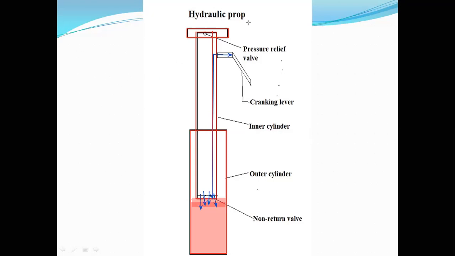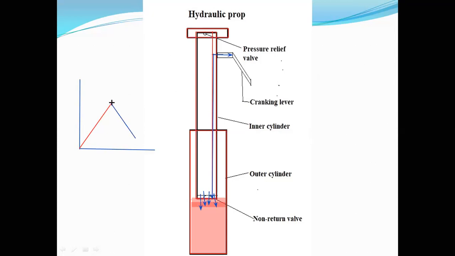Am I right? If you look at the load yield characteristics which we discussed, something like this, right? If you remember, or if you don't understand, please refer to the previous video lecture. There I have clearly explained this. So as the load increases, this is how it is. And in case of a rigid prop, it will fail when it reaches maximum. It is like this. And in case of a yield prop, right?